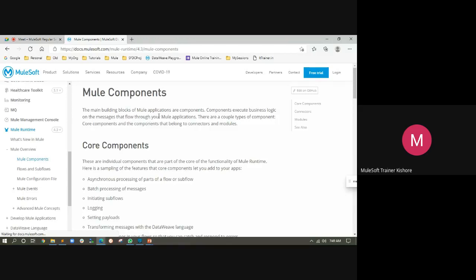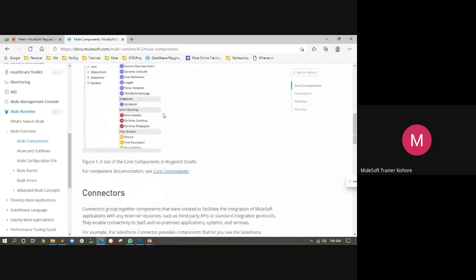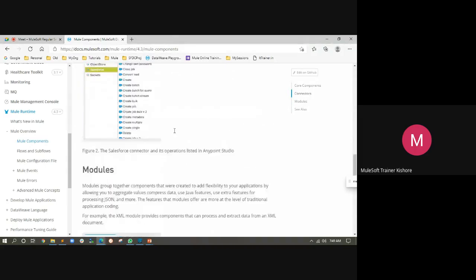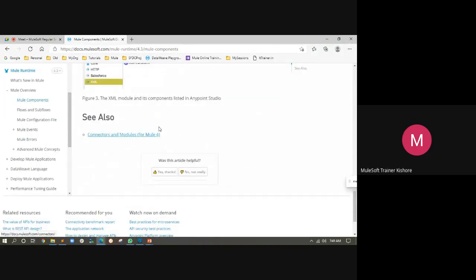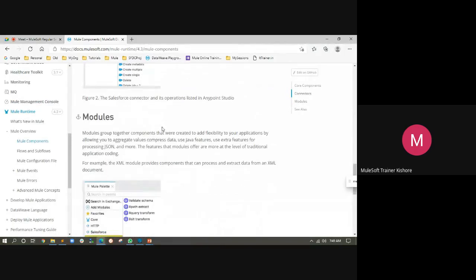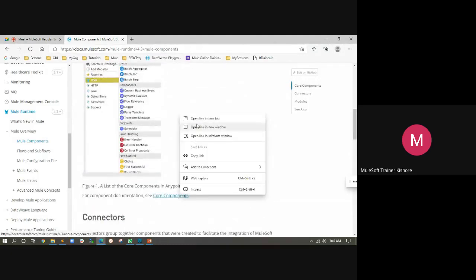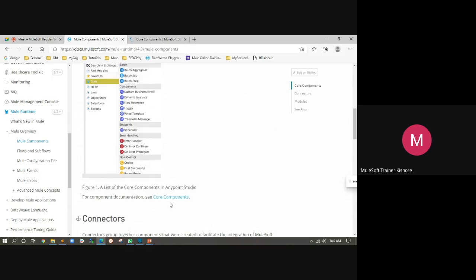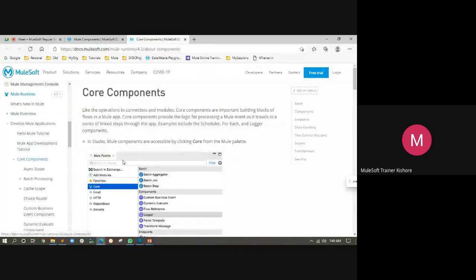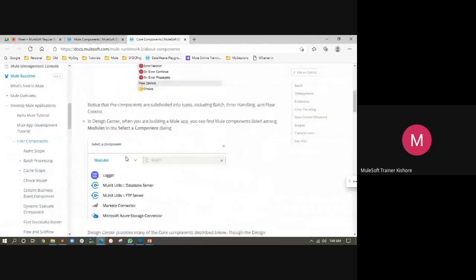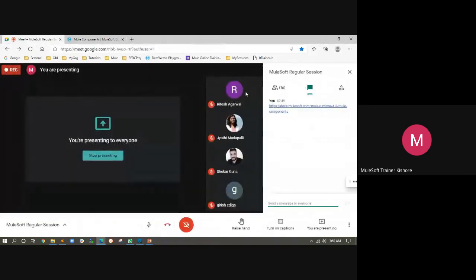So these are the components. Just go and read. Try to have a quick glance at that. It will explain in more detail about connectors, modules, and all. If you want to know more about modules, where do I have that link? See here, core components. If you want to know about the core components, go to this link and it will explain all the core components to you. If you go through it and at least try to identify the names, that will be enough. By progressing, you will get to know the things.